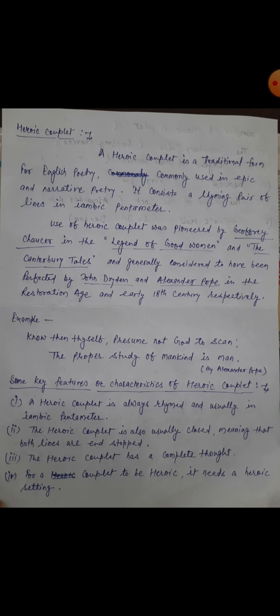And then we have another condition that it should be in iambic pentameter. What is iambic pentameter? Pentameter means 5 feet in a line. There are two lines, and both lines contain 5 feet each. Thus they have 10 syllables,